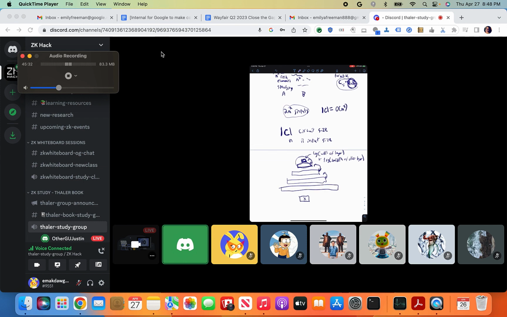So for every layer of the circuit, up to a constant factor, that layer only contributes log of the width to the proof length. Okay, and I'm just very crudely saying, if circuit size is the number of gates in all layers, so basically the sum of the widths of all layers, well, log of width of any particular layer is certainly at most log of circuit size. It's a very, very crude bound,